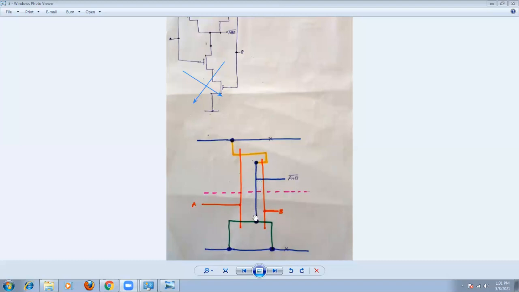Only metal and polysilicon will cross the demarcation line. No diffusion path will cross the demarcation line. That is the reason why we connect the paths like this. This is about A plus B. Similarly here also, the number of transistors in the pull-down region is only 2, and in the pull-up also we have 2. That's why only one cross is sufficient on the VDD and VSS line. That is about the CMOS design style. So remember the rules here and follow the concept.